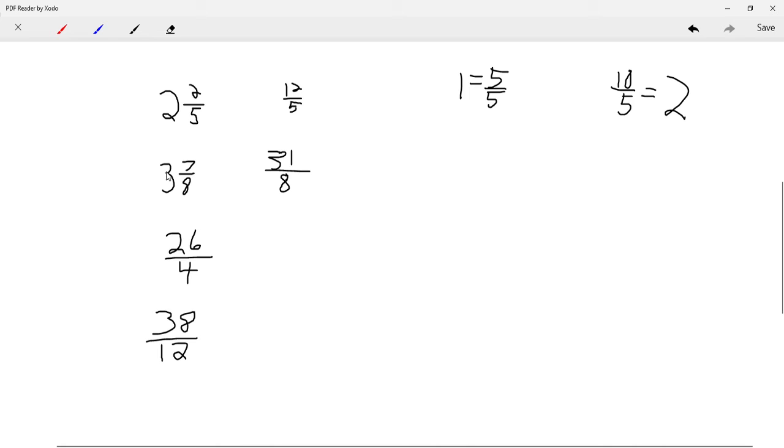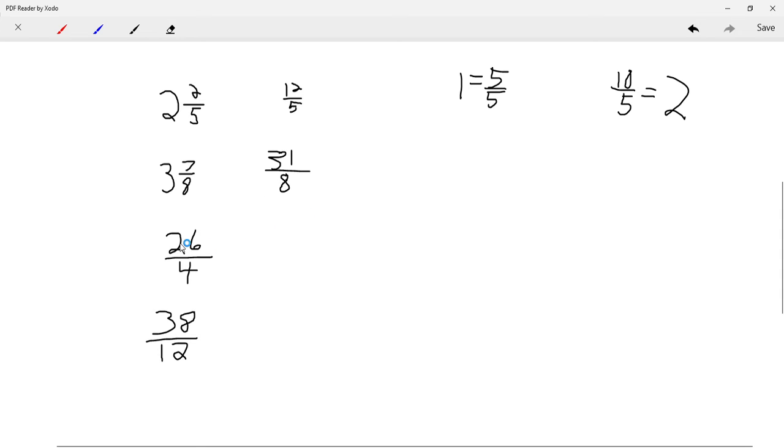So really, since 8 over 8 equals 1, then 24/8 is going to equal 3, and then we're just adding 24/8 plus the 7. It's basically like finding a like denominator, right? So that's how you convert mixed numbers into